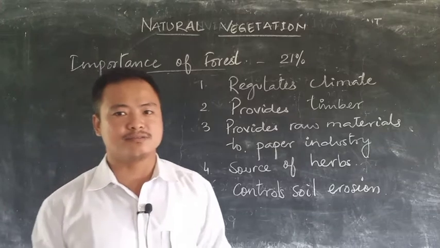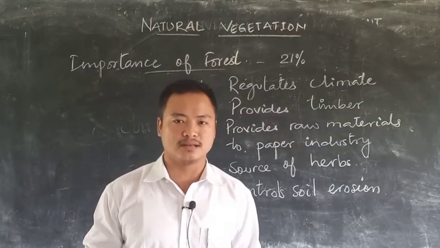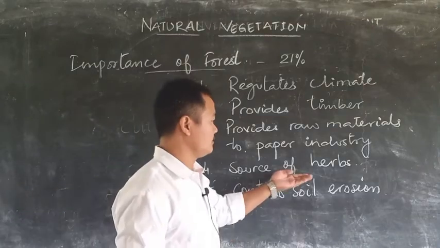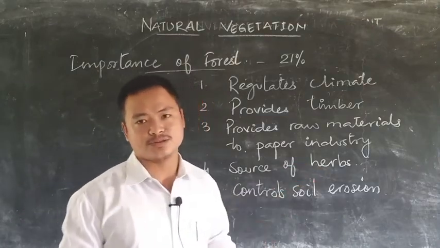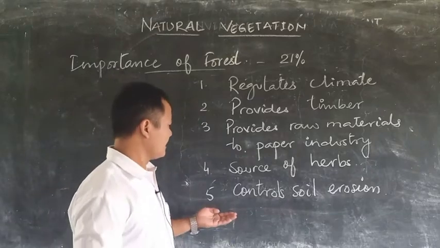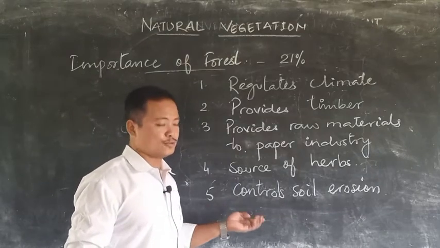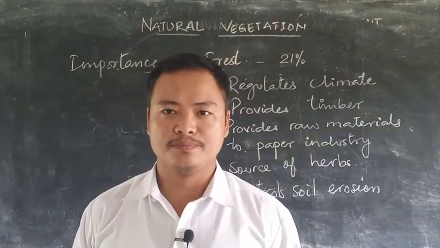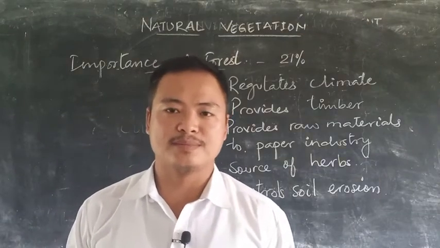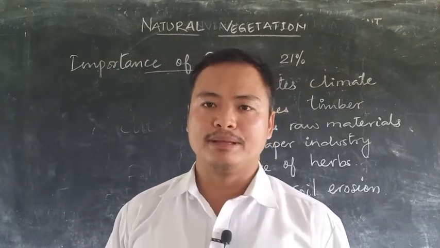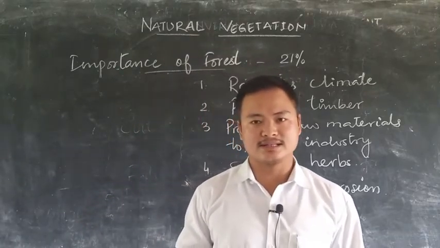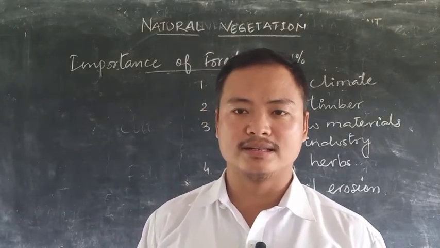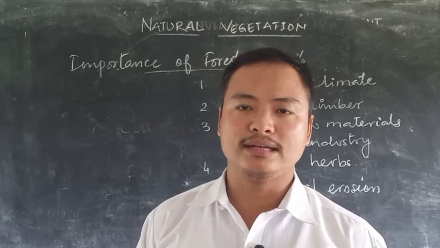And India is a country where Ayurveda is considered an important medical practice, and forests act as the source of these herbal medicines. Then, most importantly, forest also controls soil erosion from various agents like wind or water. So hence, forest is very much important in India. But illegal practices of cutting trees and improper agricultural practices are leading to degradation of this